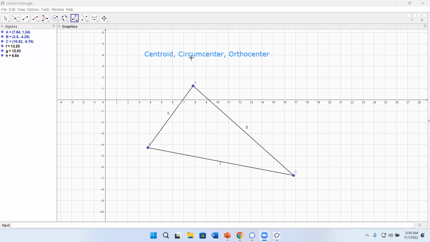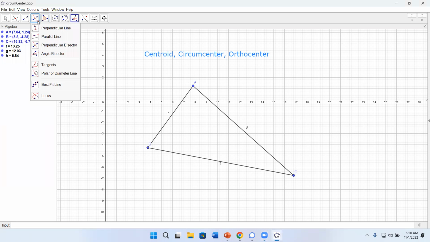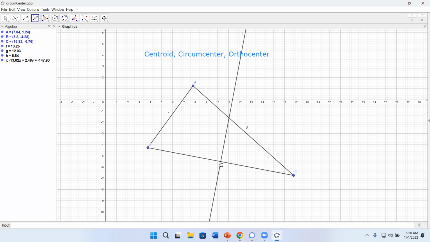So circumcenter, clear. Now, let's look at what would happen. We were talking about bisector. Bisector means a point that is in the middle of these 2. And there are different ways to do it. One of the ways we have been looking at is a perpendicular bisector. But a perpendicular bisector is perpendicular to this line. It divides it at this point. What if